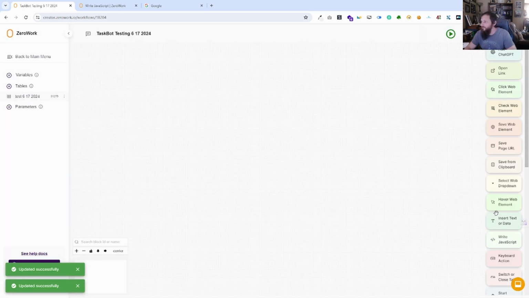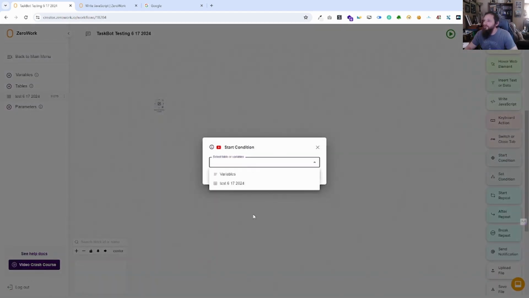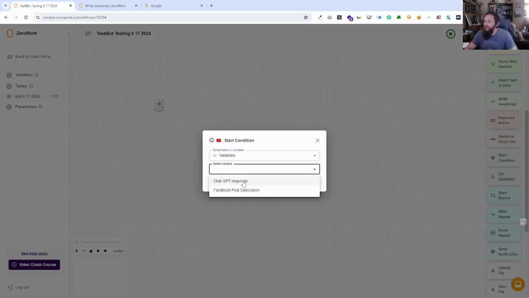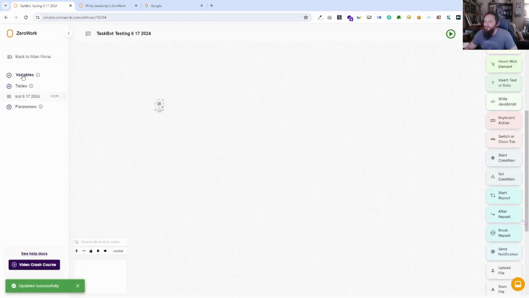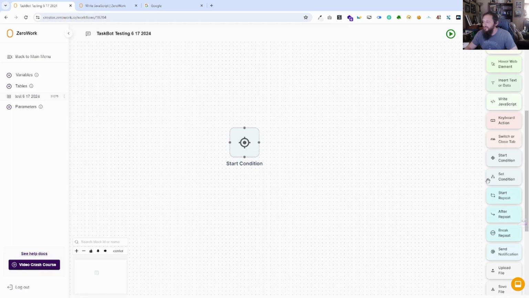Okay. So, start condition must also have a set condition with it. Okay, so we want to check what's in ChatGPT, what's in Facebook post description. At this point we have a 1. So that is going to check what is in there. If you need to do it as a database, a table, then you need a start repeat in there to check each one at a time. We can have multiple set conditions. This is basically the only one that you can have this and this, and let's just put it there, and another one there,